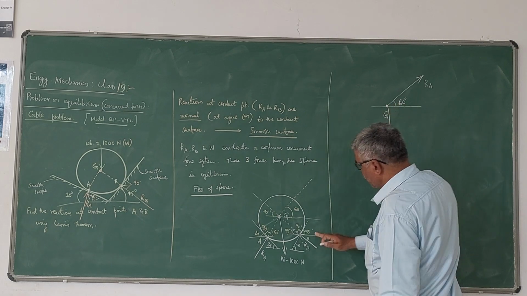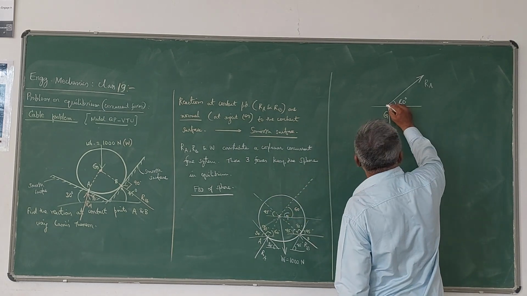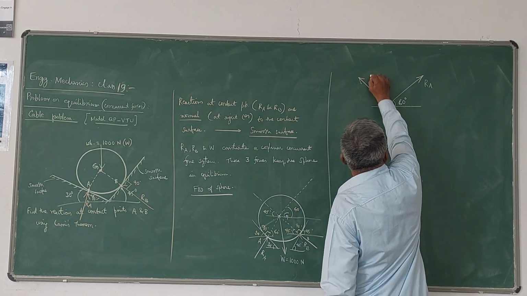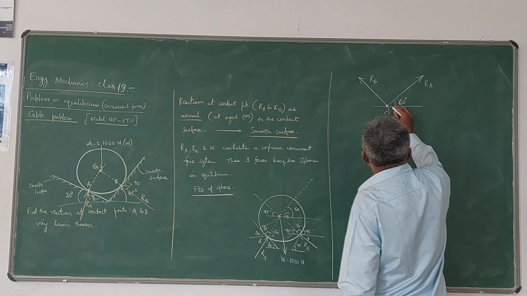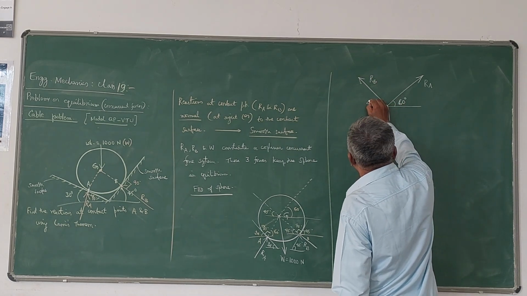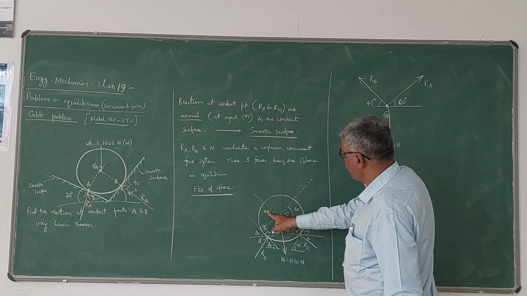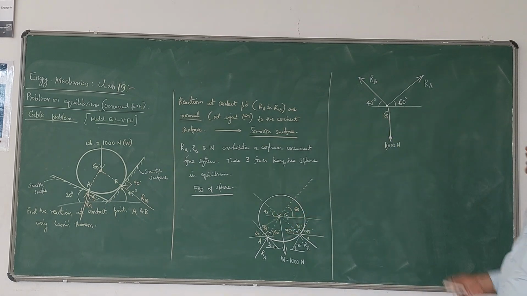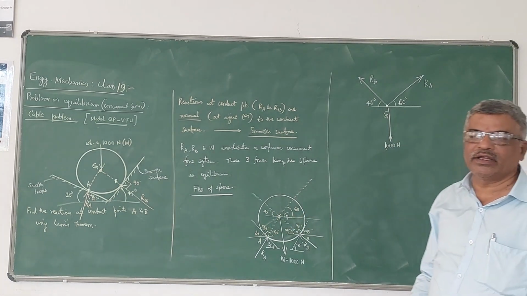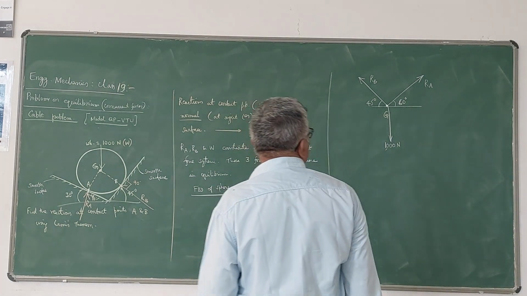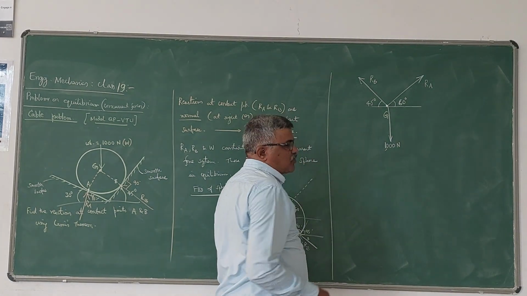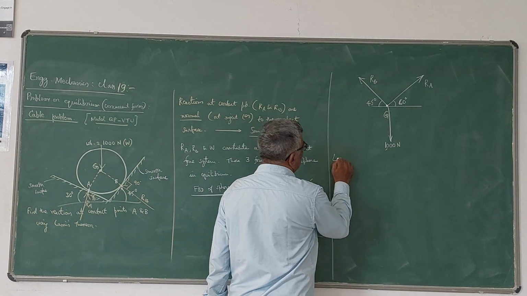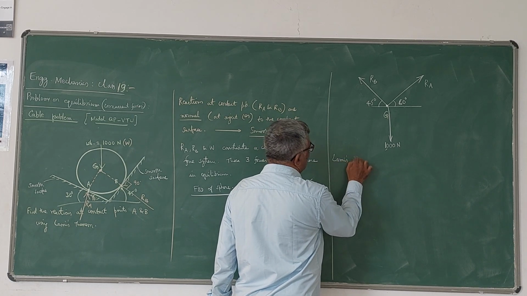Similarly, another force RB I have extended like this. This is the RB reaction, whereas this angle will be 45 degrees. I have proved that. So this is the diagram for applying Lami's equation, because we need the angles between the other forces. So as per Lami's theorem now,